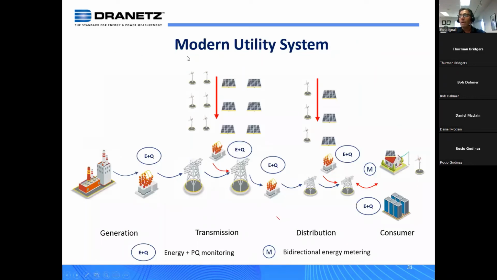And when you look at a modern utility system, you can see the concerns for this. You may have seen this slide before, but when you consider a modern system, we're not only talking about the loads and the end users of electricity. Well, they too can have solar, wind, and battery storage. In particular, you can plug your EV into your house and power your house these days. Okay, so you can have those down on the consumer's end of the distribution system,